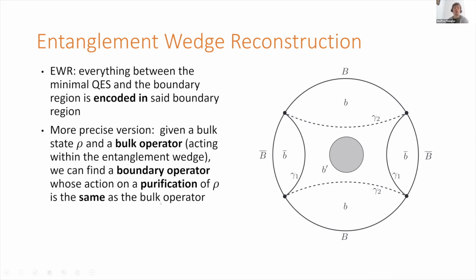But if we require it to have the correct action, so take the correct starting state to the correct final state, then basically what this requires is that the two states have the same reduced density matrix on big B bar, right? Let's say this central region just wasn't in the entanglement wedge at all, and my bulk operator acts in the middle. Then that will change the reduced state on big B bar, and so there'll be no way to do that, even just for that single pure state, by doing something on big B, just because we can't change it. Yeah, there's a constraint that we require things to be unitary. Maybe that's what you're missing. Does that answer your question?